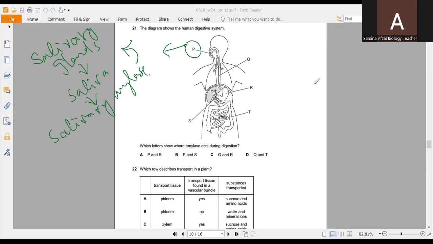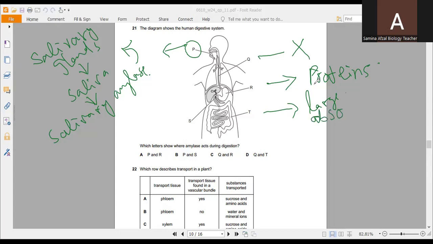And then Q is the esophagus, which doesn't have any role in digestion. It is only the pathway. R is where the digestion of proteins takes place. And T is the large intestine, where no digestion takes place, only absorption of water and vitamins takes place. And S is the small intestine, where the pancreas pours